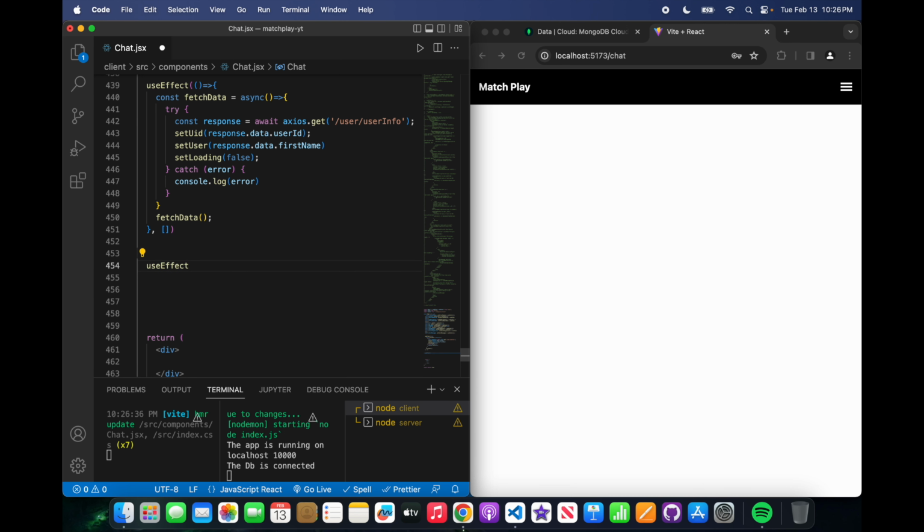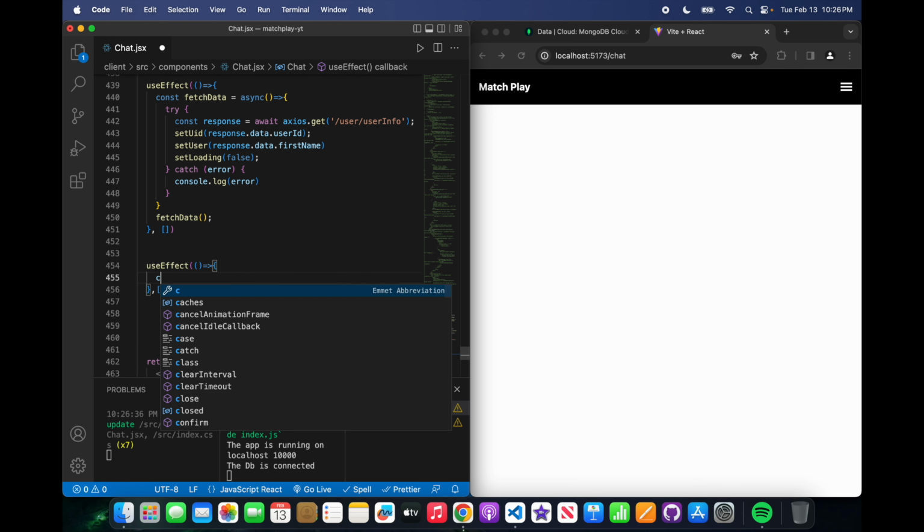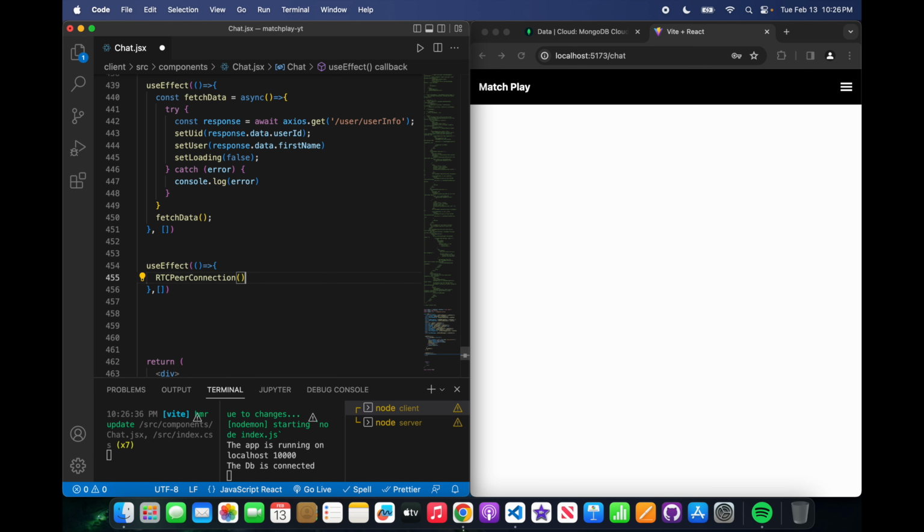And here we're going to have another useEffect. There's going to be a lot of useEffects here. So one thing I'm not going to be doing in this series, which I may have said I'm going to be doing, here we're just going to have connect. If you guys followed along in the last one, you will know why that's there. But for right now, we've not built out a connect function, but it's coming next. But it should already be created in yours. Like I was saying, the last thing, so we're going to be creating the connect here. So I don't know if I said we were going to build this out, but